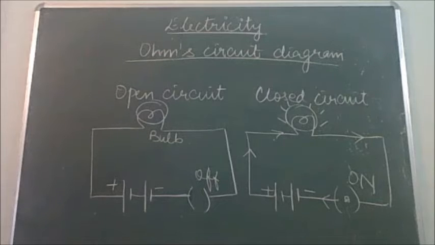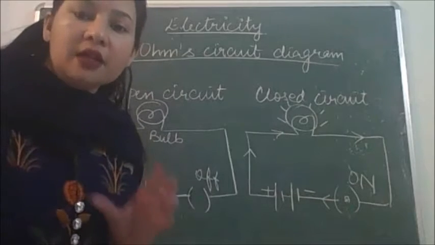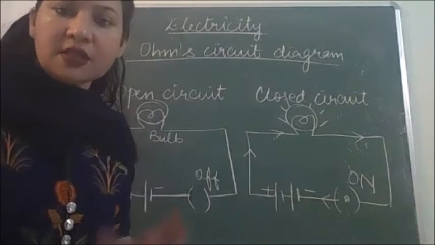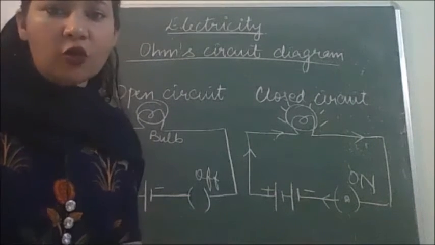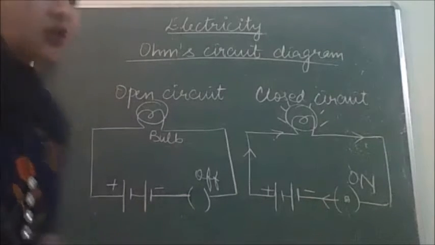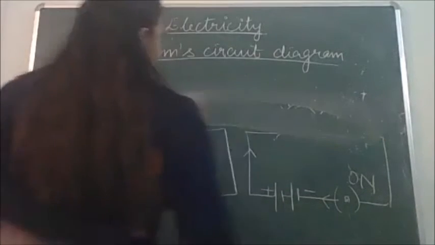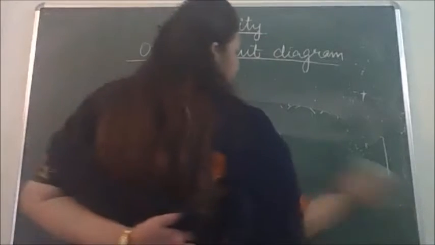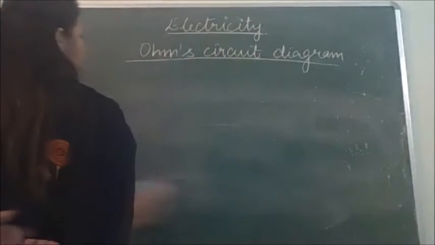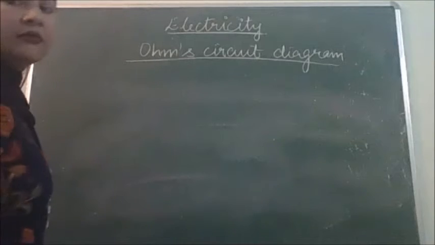Now let's assemble these components in another circuit, that is Ohm's circuit. So I'm going to draw Ohm's circuit diagram, and you have to keep the circuit diagram in mind also, right? What will be the question that we'll be covering today? Draw Ohm's circuit diagram, state Ohm's law, and write Ohm's formula. This is your question. So let us do the first part. We are going to draw the circuit diagram first of all.